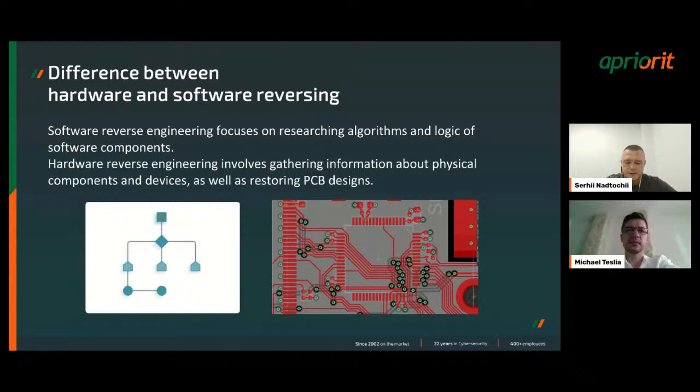In contrast, hardware reverse engineering also requires understanding and gathering information about the physical components of the device, about PCBs and their design, and restoring the initial information about that.